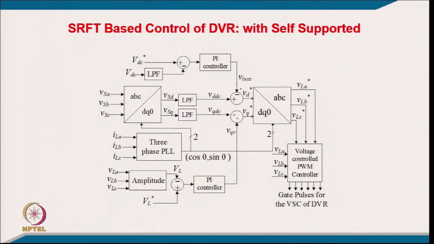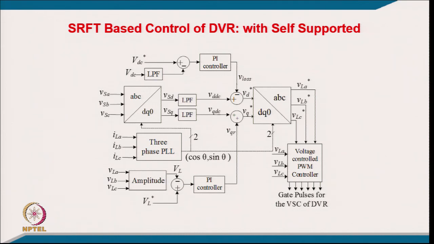This represents the voltage corresponding to the loss which we have to inject for getting the power from the same circuit. You can call it, it will be injected in phase with the current, so that active power is taken. Similarly, from the source voltage we transform ABC to DQ, and from the current we are now taking the PLL. That is also more important there, so that the current is taken care of and we inject most of the voltage in quadrature,